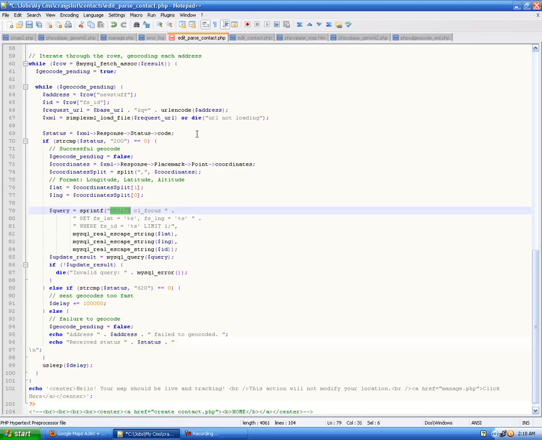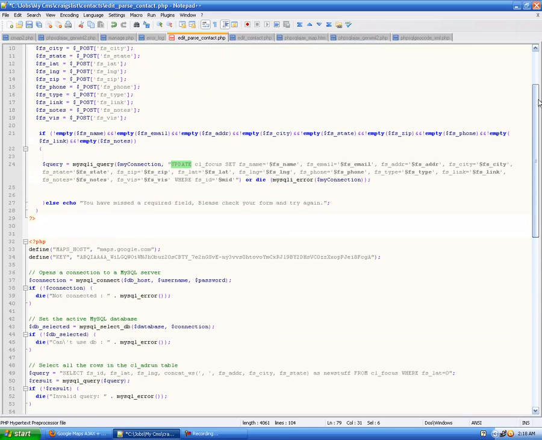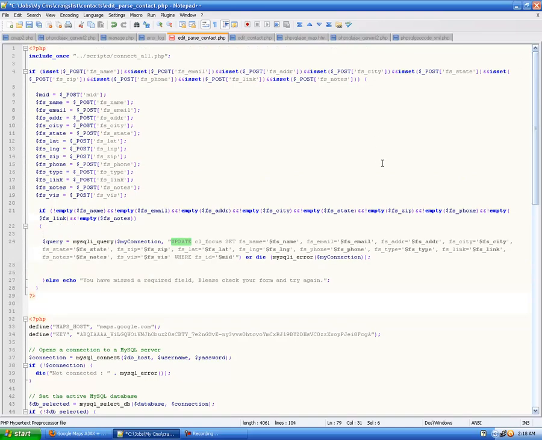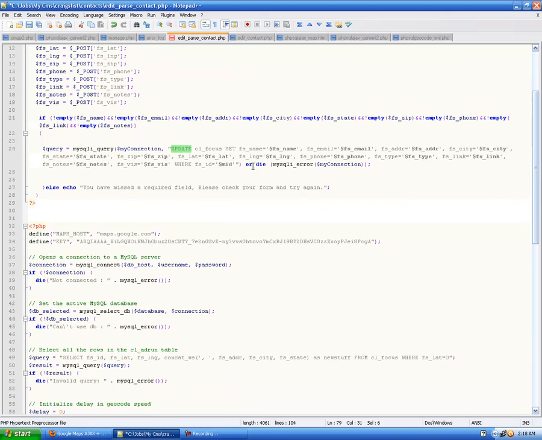file that actually puts the data on your database. Now we've looked at the parsing file that populates your latitude and longitude, and we've taken a look at how you can take your split files using